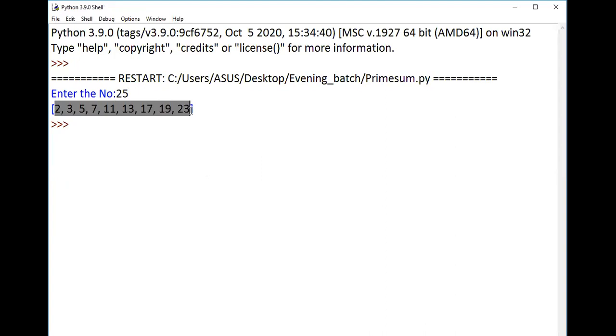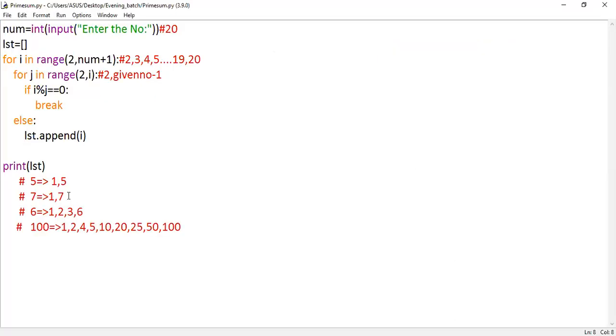So what is the logic we wrote? Generation of prime numbers. And in this generation of prime numbers, if at all you attended my previous class, I told you to write in an optimized approach. What I am speaking about here is all about the number of iterations. It is not required to go till n times. If you want to check whether the given number is a prime number or not, say the given number is 100, then as per this logic you're executing n times, like 100 times, in order to find out whether it's a prime number or not. And here the time complexity is big O of n.